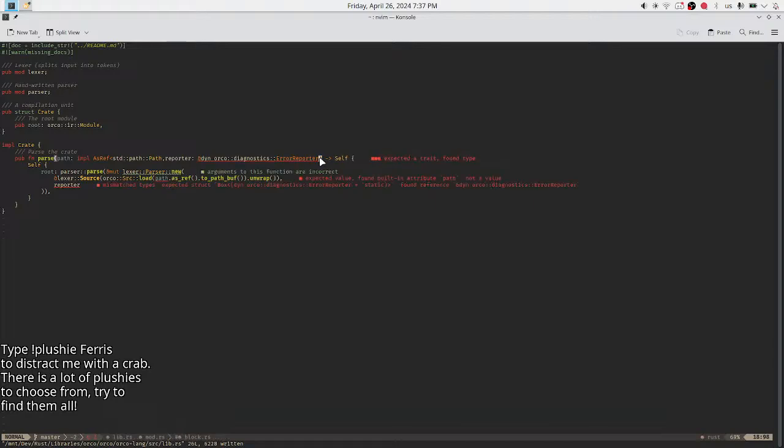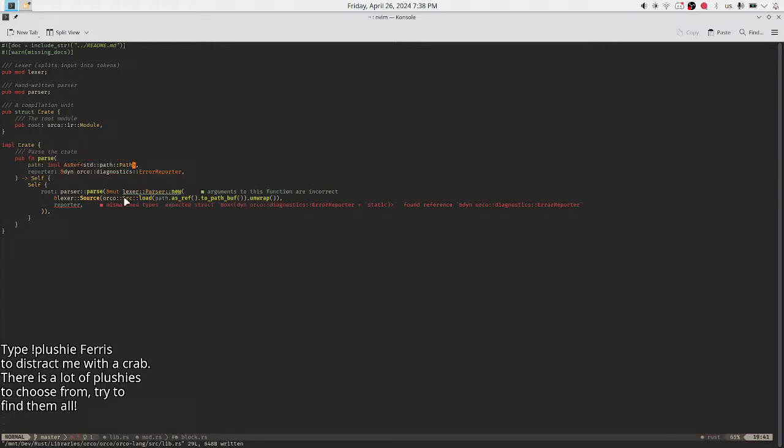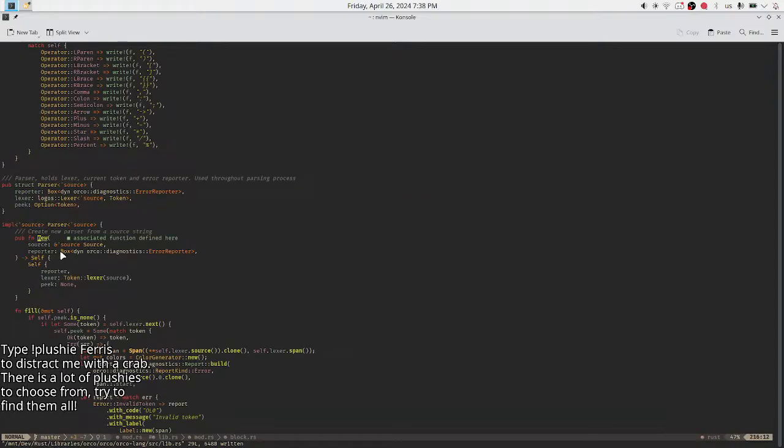It's this. It's not a type, it's a trait. What do you mean? Yeah, it's a trait. What do you mean? Expected value, pass is an impl. Oh, that's what it says. Okay, so now it's good. Now I need to fix my lexer to actually borrow the reporter as I'm doing with source. So nothing bad. Since I have to borrow the source, who cares if I borrow a reporter?